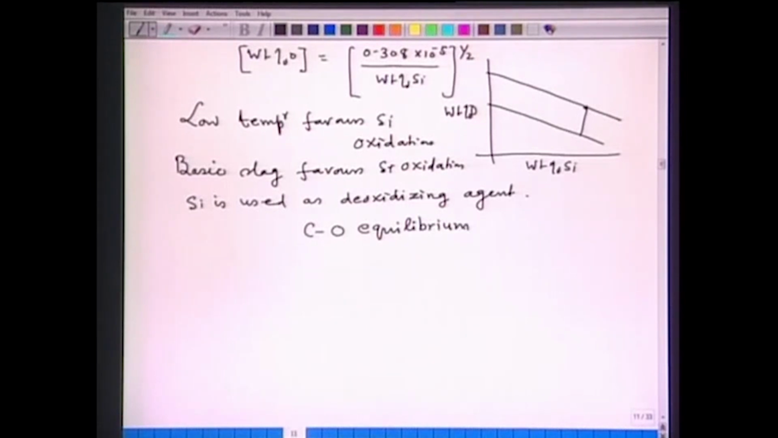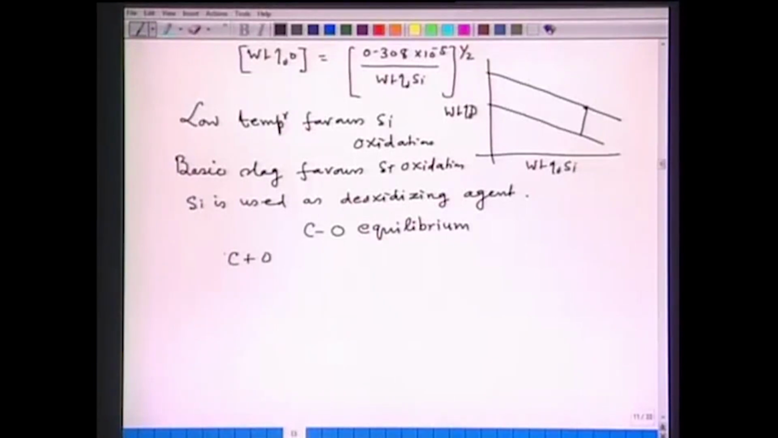Next, consider carbon oxygen equilibrium, also called oxidation of carbon. Now, this oxidation of carbon is the most important reaction in steel making. Now, let us consider the reaction, for example, C plus O is equal to CO,